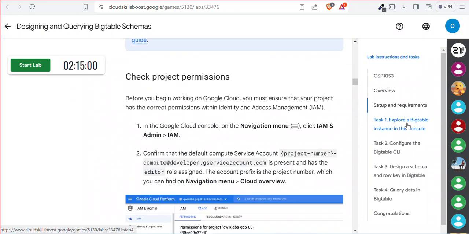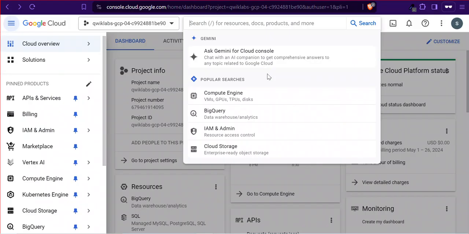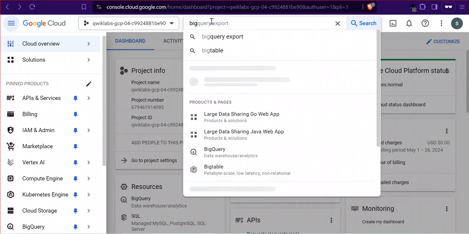Let's explore a Bigtable instance in the console. They provided us a pre-created Bigtable instance and table. So let's log into the lab. I log into the Google console. Let's search Bigtable.